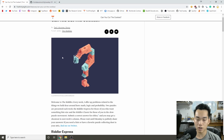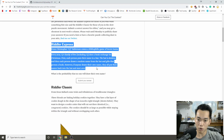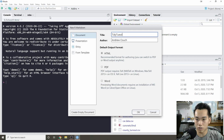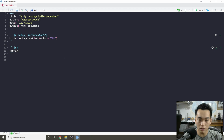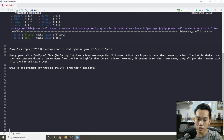It's the Riddler Express from December 4th. So I figured we'd make a video and see how we would approach this. I'm just going to copy this text, and then I'm going to go to RStudio. I'm going to load in our Markdown, and I'm going to call this Tidy Tuesday Riddler, and I'll say December, because I might do more Riddler projects in the future. Okay. And I think for this video, I'm probably only going to use the Tidyverse. I'm just going to load in the Tidyverse, and I'm going to paste the actual question into the